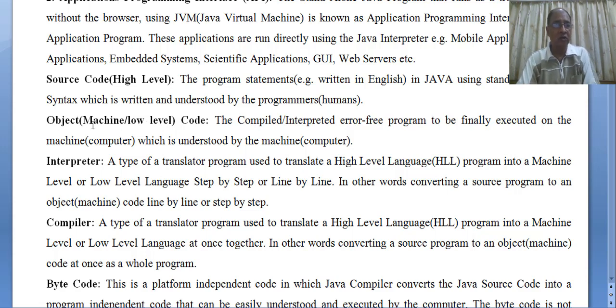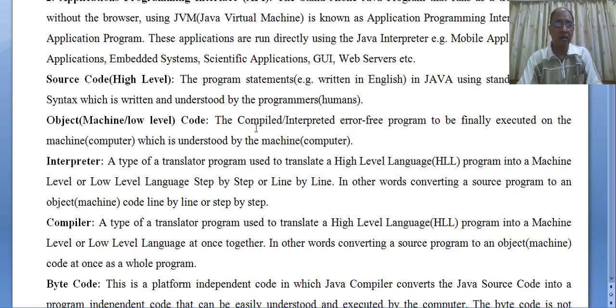Object code, that is called the machine or low level code. The compiled, interpreted, error-free program to be finally executed on the machine, that is the computer, which is understood by the machine, is called the object code. That is the program which is in machine code in zeros and ones, which is understood by the computer, and the computer is enabled to run that program. That is called machine code or low level language or machine language. So this is not understood by us.